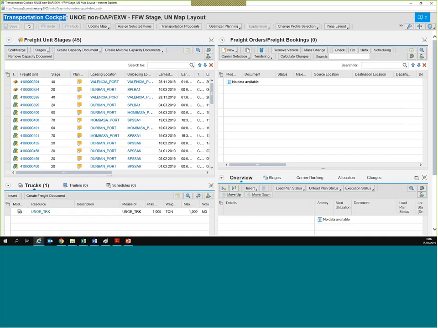And in here we have different sections. On the top left we have the freight unit stages section. In here we can see the different freight units, UNOE with Incoterm FCA, that are pending planning, that haven't been planned yet. So this is the main section we are going to be using to select which freight units we want